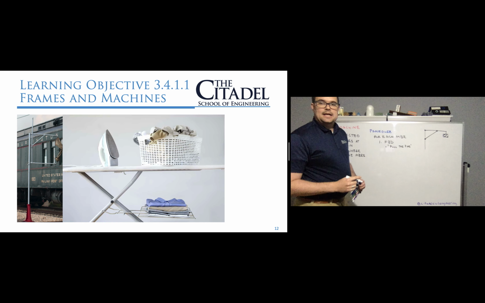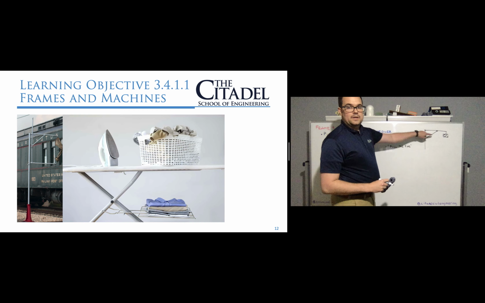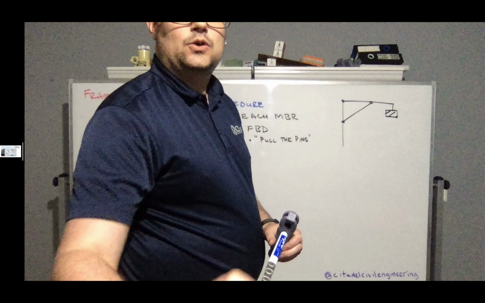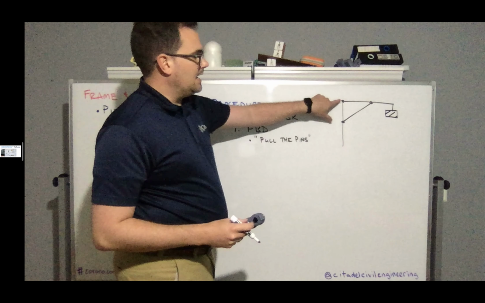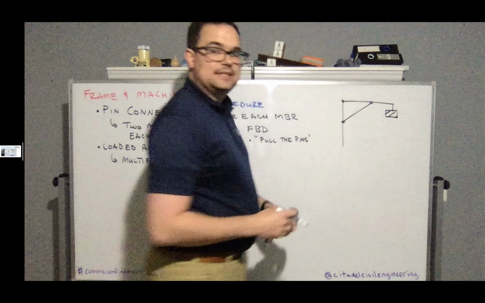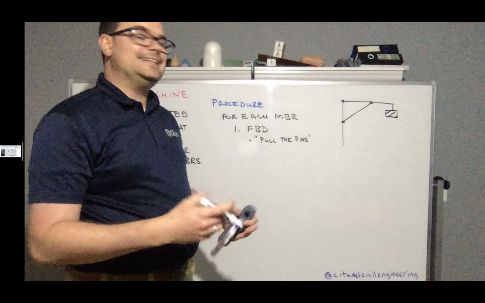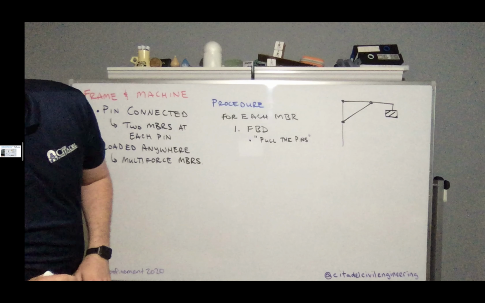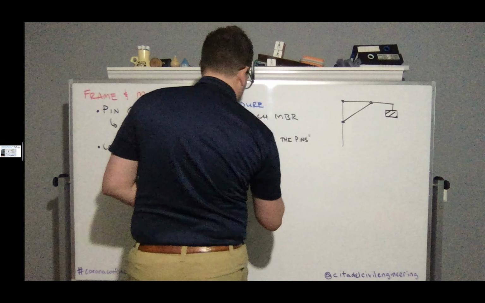So if each one of these points is a pin, we're going to pull the pin. So we're going to unhook each pin. Now, in this case, this was a continuous member. That's also a continuous member. So when we pull the pins, we're going to get different things going on. So first off, we pull the pins, and then that will expose